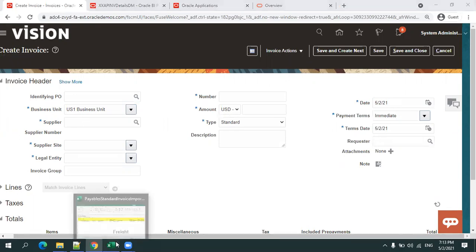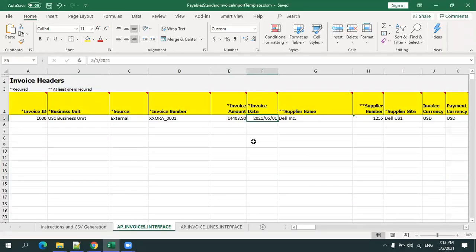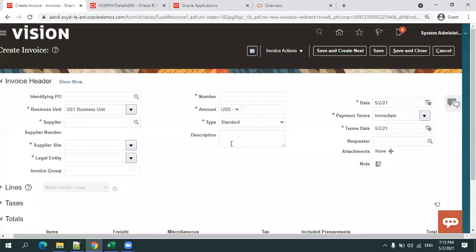Now, we have to choose a specific supplier. So I'll go with one of the suppliers called Dell Incorporation, nothing but Dell Inc. The business unit by default got populated based on the user who logged in. I just entered the supplier, and it will populate the supplier side legal entity information. Now enter the invoice number. I'll just say XX Dell underscore 003, and we have to mention the amount also. Description you can ignore. The remaining got auto populated.